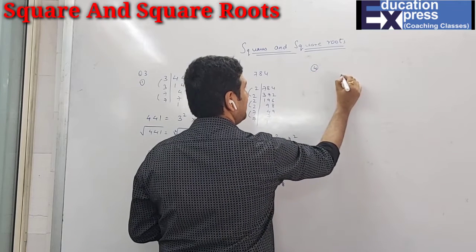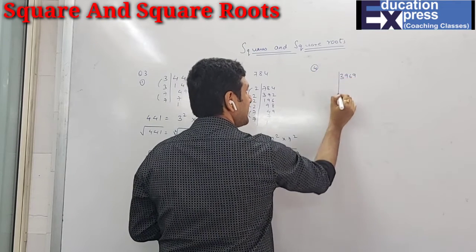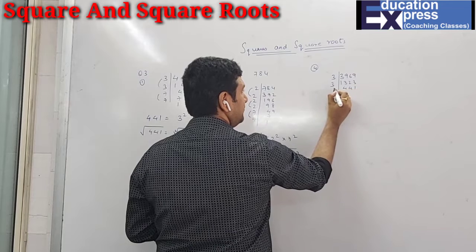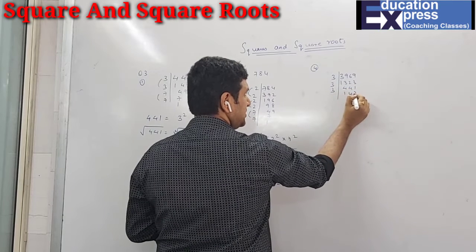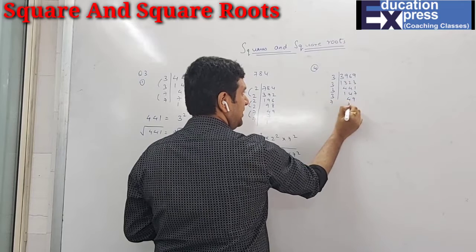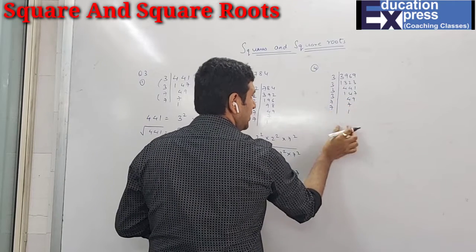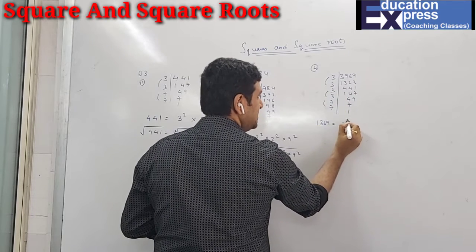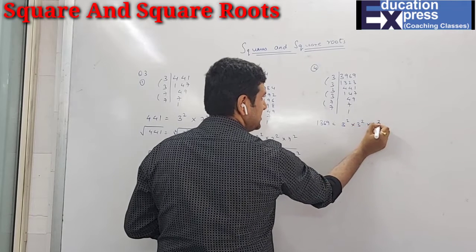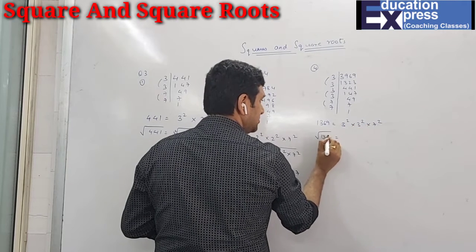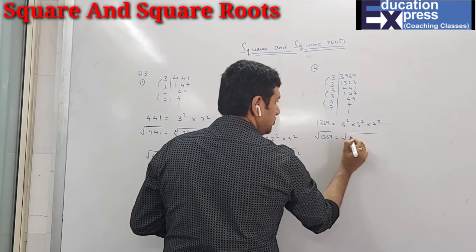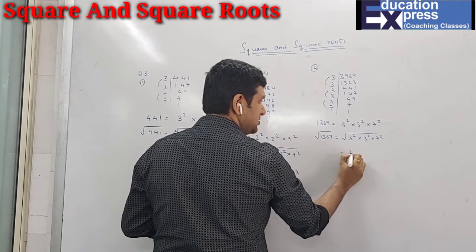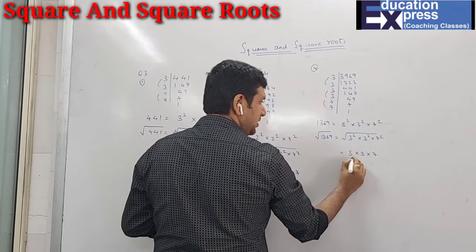All are the same. 3 1s are 3, 3 3s are 9, 3 2s are 6, 3 3s are 9, 3 4s are 12, 3 1s are 3, 3 4s are 12, 3 7s are 21, 7 and 7. So 1369 is again 3 square and 7 square. So if I take a square root, here also square root, then 3 square, 7 square. So now what is left is 3 and 7. 9 7s are 63.